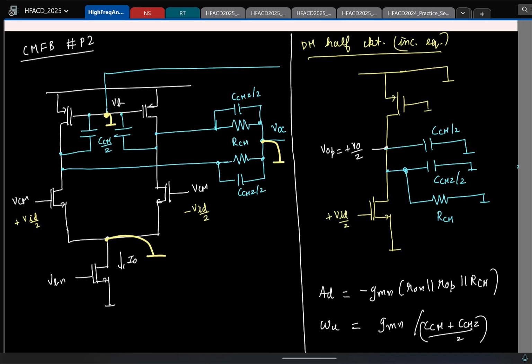So you see that this is going to directly impact your unity gain frequency in your differential mode, right? So you can't go crazy. I mean, remember that to stabilize any feedback loop, I can go and put a large capacitor so that pole splitting happens nicely, things are stable. But if you go and put a large CCM capacitor with the aim of stabilizing your common mode loop, now you see that it is impacting the unity gain frequency of your differential circuit. So we have to design it carefully. Let's stop here and